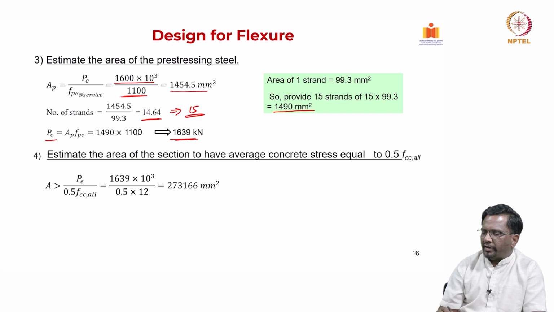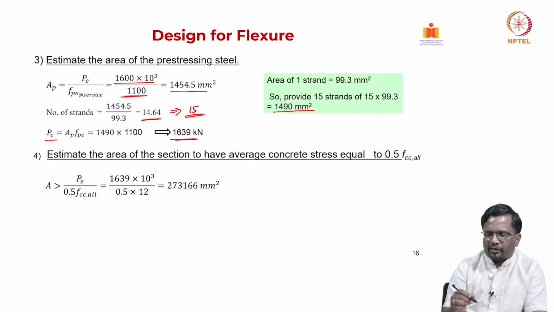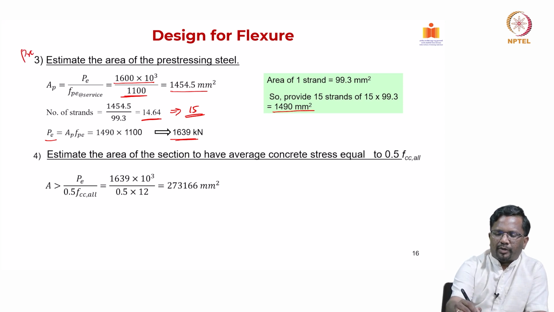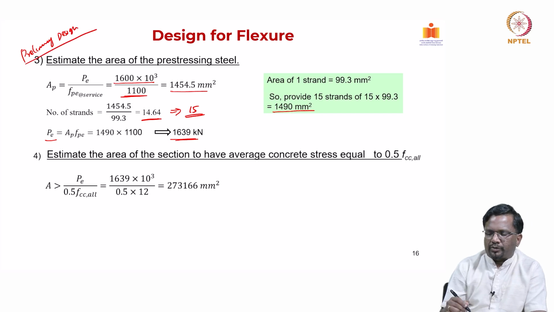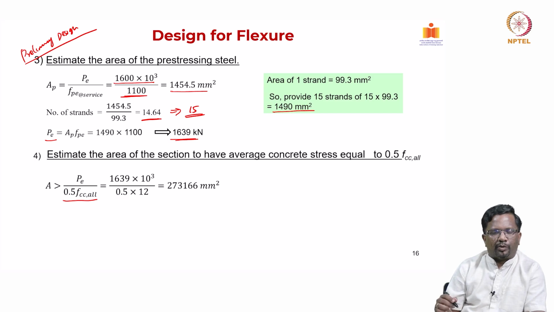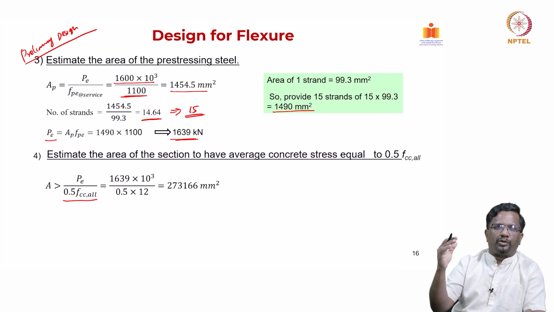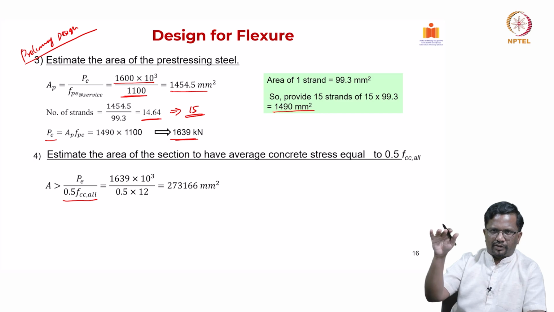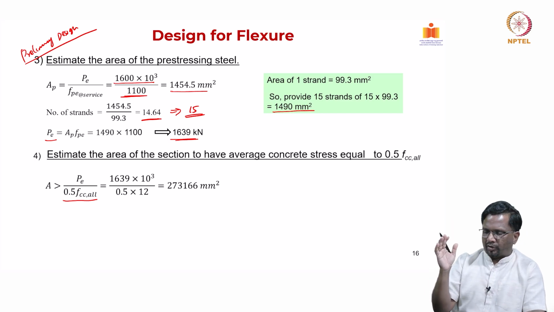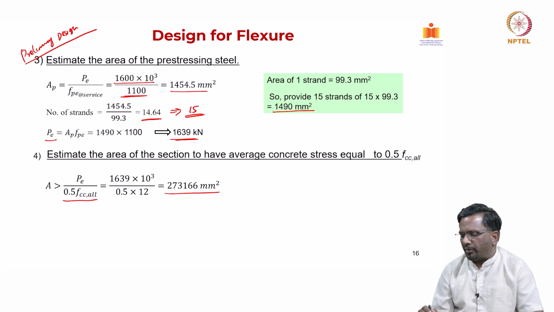Now, we are estimating the concrete section area. So, the area I need to provide should be from, this is again from preliminary design, we are doing preliminary design, okay. So, you take effective pre-stressing force divided by 50% of the allowable compressive stress, because at this point of time we do not know the eccentricity of the cable and load effects. So, we are saying that due to this application of pre-stressing force, the average stress at the CG should be less than 50% of the allowable value. This is why it is a preliminary design. So, the area that is required works out to be